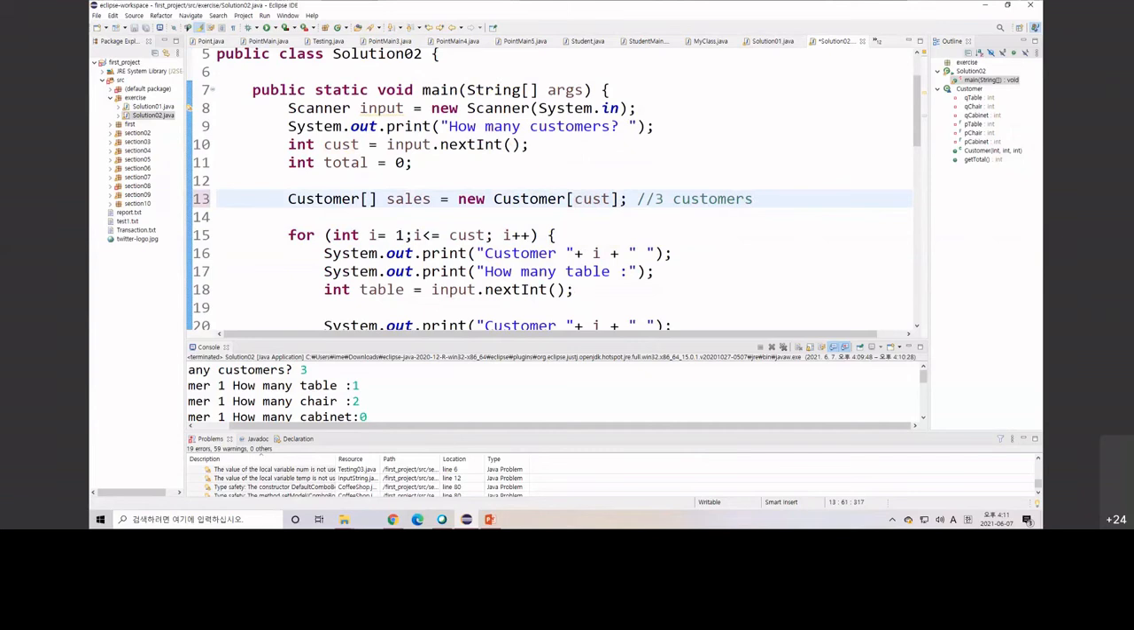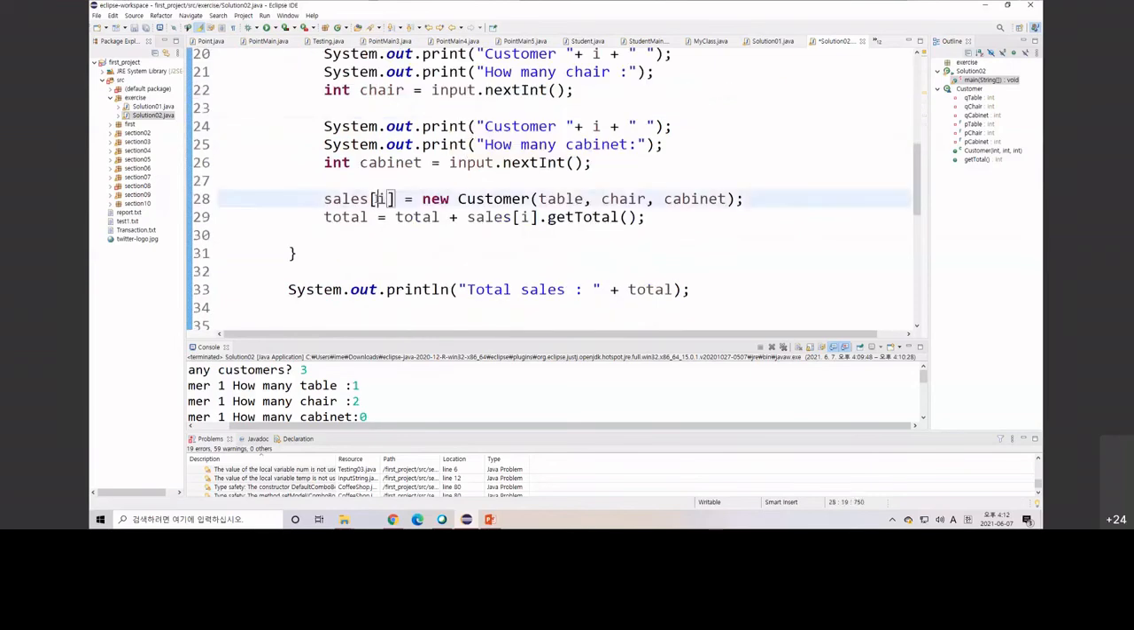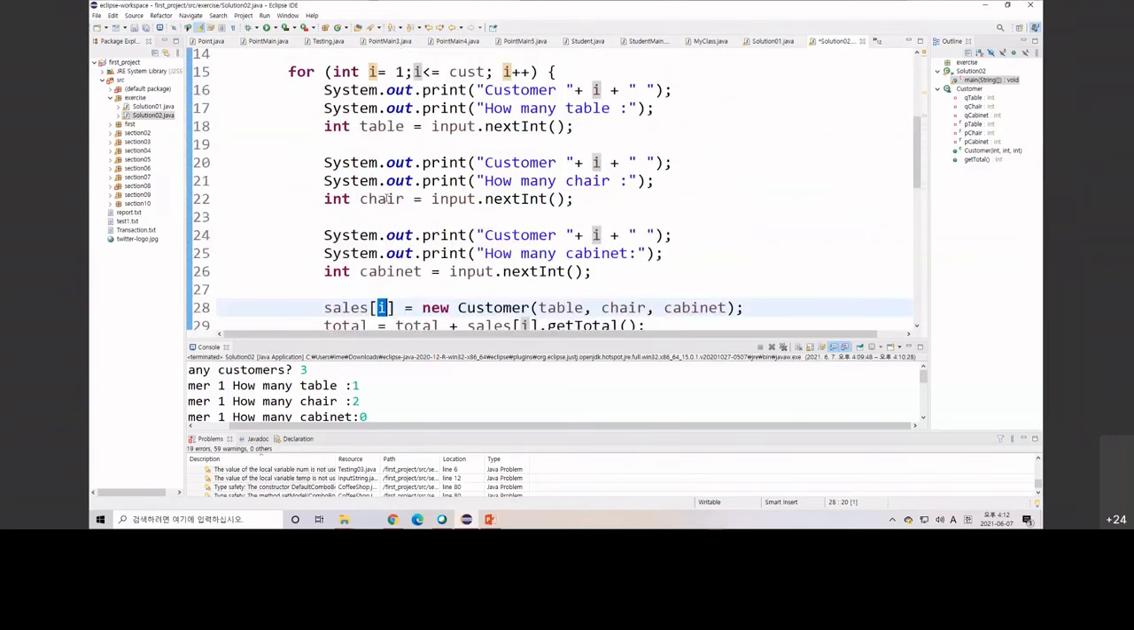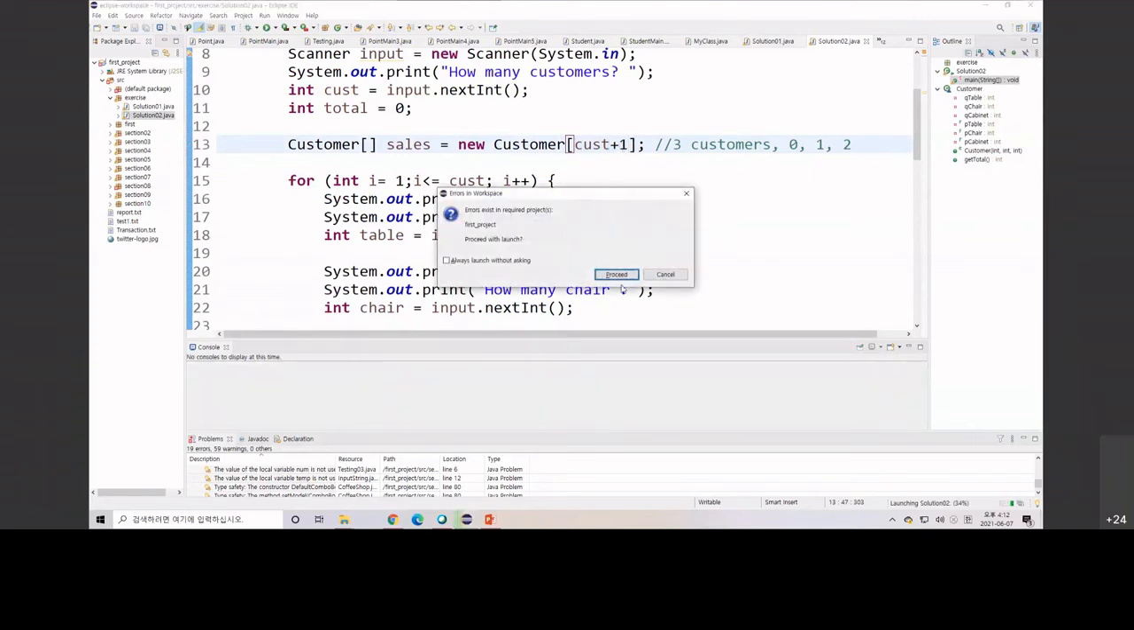Okay. If we have 3, then it will start from index 0. So it means it should be 0, 1, and 2. But there will be no index 3. That's why this is an error. Okay, so maybe I can just use +1. So I'm increasing the size, so now it becomes +1. So if I run,